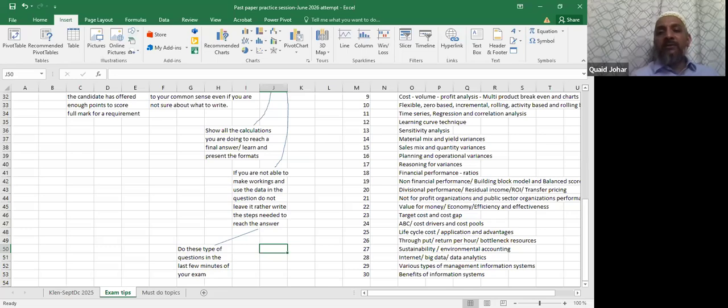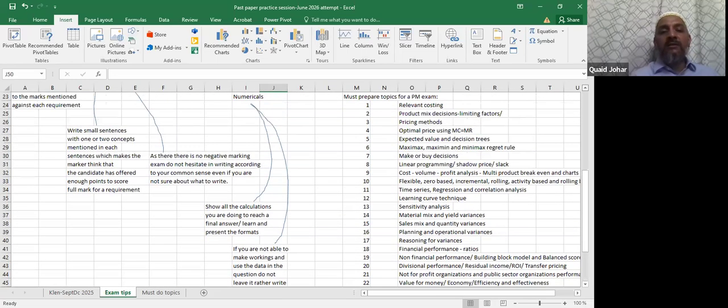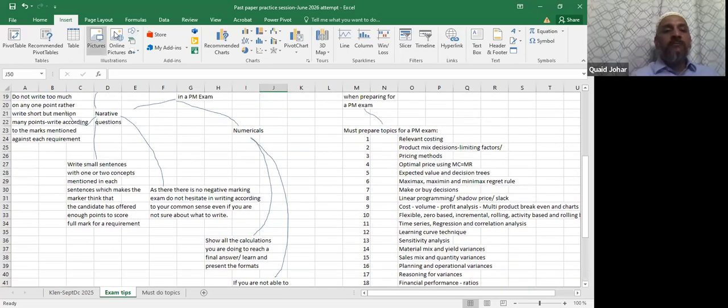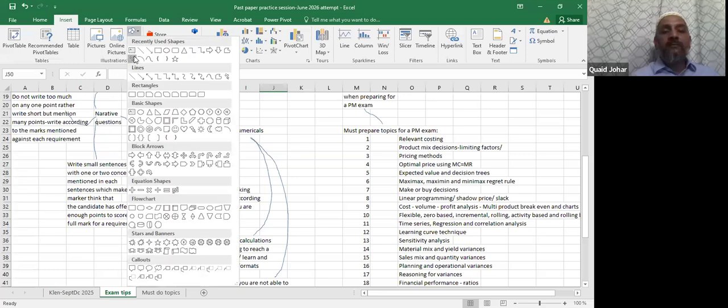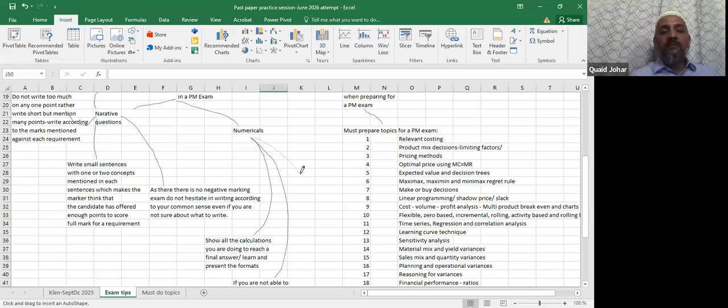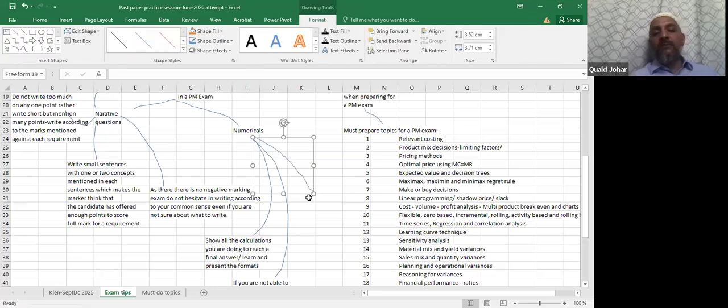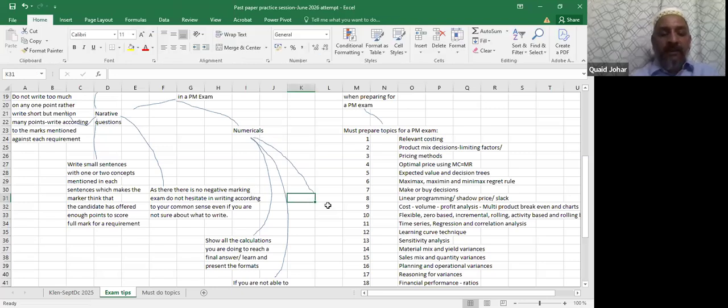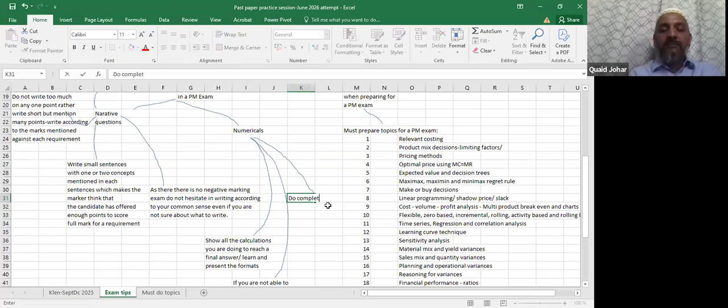So one of the tips on calculations is that it is recommended that you complete all the requirements, all the verbs